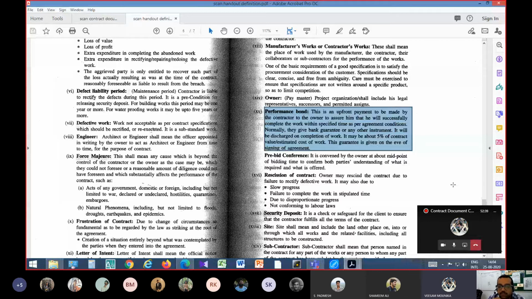Right? So this is the earnest money which the contractor pays ahead. See, when you are talking about the earnest money, call them a tenderer. They have not been given a contract yet, so they are not a contractor yet. So when they were paying the earnest money, first of all, they were tenderers. They were bidders. Now, when you are signing a contract with one of those bidders, he becomes a contractor with whom you are signing a contract.